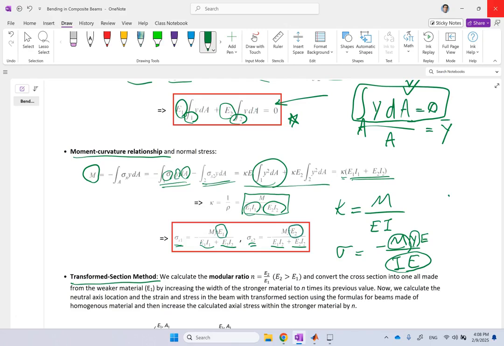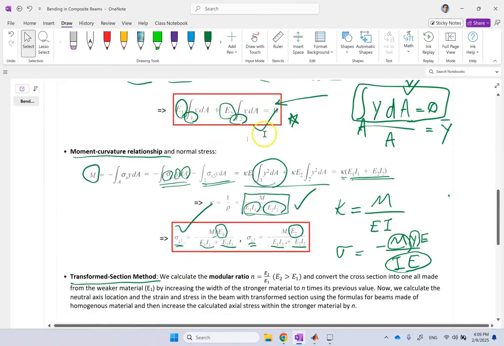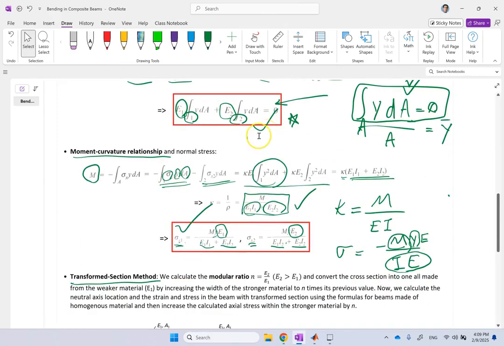So you see that the stress has some discontinuity in it at the boundary of the two objects, because the strain is the same all over the place, but all of a sudden you jump from a stress proportional to E1 to a stress proportional to E2 here. So this is how to calculate the stress, this is how to calculate radius of curvature, and this is how to calculate the neutral axis. But as I said, the better way to do it is to convert the entire beam into one single material. We call it the method of transformed section, and I'll show you that it is much easier to solve